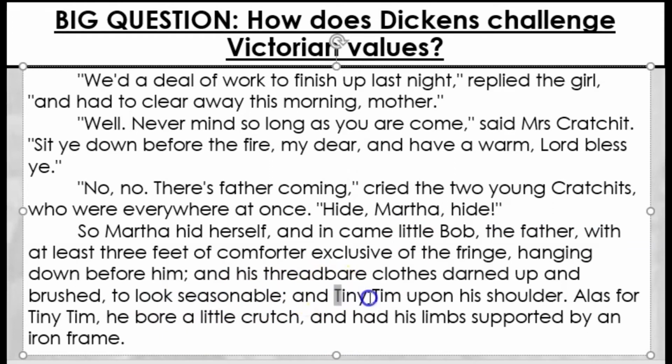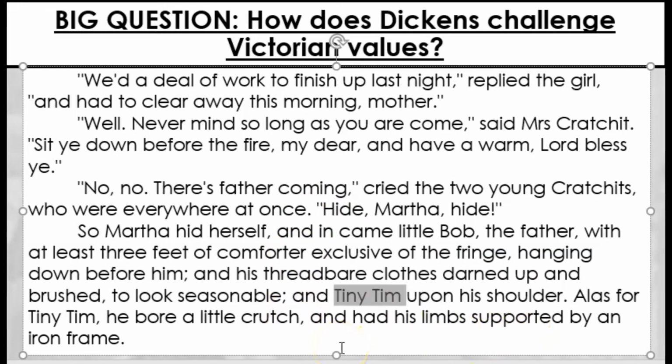But then we get the introduction of Tiny Tim, one of the key characters in the story. He's Tiny Tim, so the alliteration of his name, but also the fact that his name references his small stature because he's not grown properly. He's suffering some kind of disability or illness which has left him very, very small and very feeble and weak. He's having to support himself with a crutch to walk, and he's even got limbs on an iron frame.